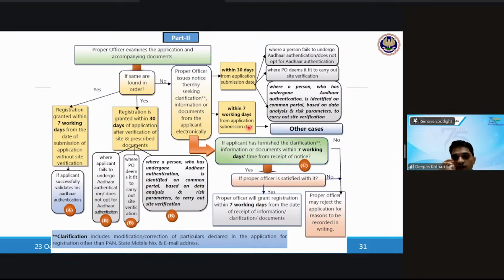अगर आपका आधार ऑथेंटिकेटेड है तो आपका ऐसा नहीं कि ऑटोमेटिक अप्रूवल होगा. Of course he can reject it, बट रिजेक्शन भी या फिर उसका क्वेरीज जो नोटिस देना है, he has to give that notice within 7 days because you have authenticated your Aadhaar. अगर आधार ऑथेंटिकेटेड नहीं है तो फिर he will reject it or give a notice at the end of 30th day, and then again extra 30 days he will get. Got it?